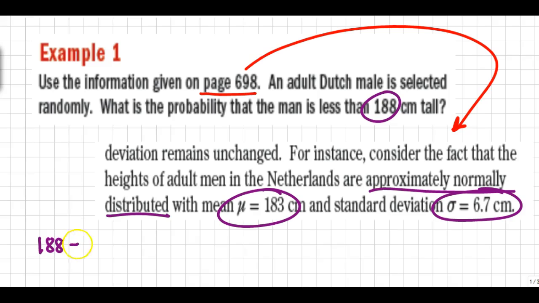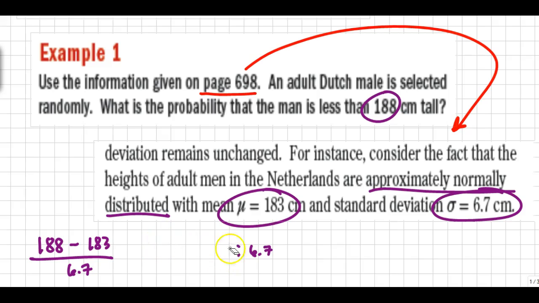The way that we do that is we subtract the mean and then we divide by the standard deviation. Be careful when you type this in. If you just type it in as 188 minus 183 and then hit the divide key, your calculator is smarter than you in this case. It will divide first and then subtract. So if you're doing it in one swoop like this, you'll either need to put parentheses around it, or what I would recommend, do it in 2 steps rather than 1. Subtract, hit enter, and then divide. And so when you do that, you get